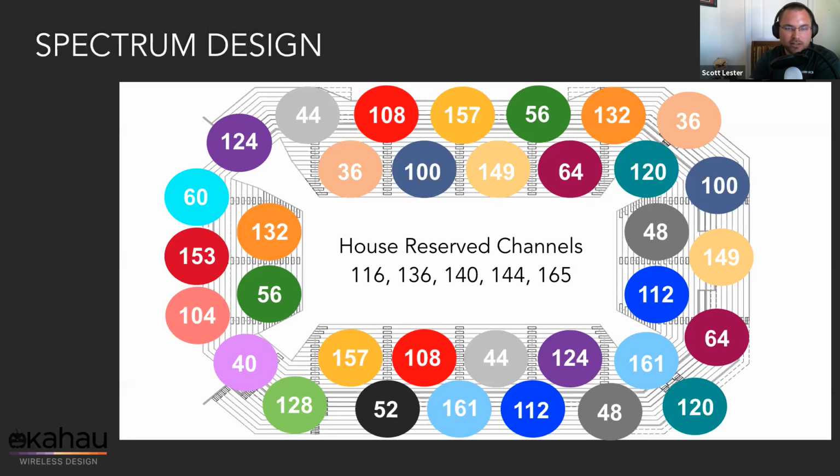And then you see, kind of in the middle of the diagram there, we talk about house reserve channels. These are not specific channels that I would always house reserve by any means, but it is something you have to be cognizant of for back of house functions, front of house functions, office areas, what I would call VIP users that we always want to make sure we have access for. So we dedicate channels to those users by way of our access points and the SSIDs broadcasting on those access points.